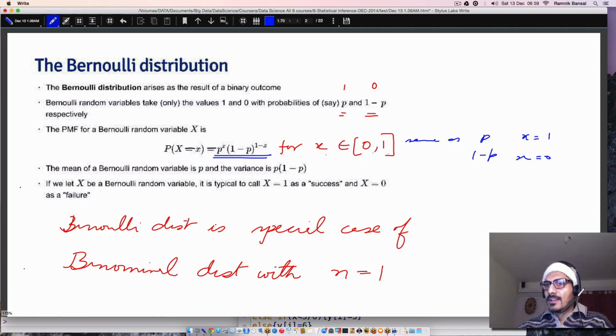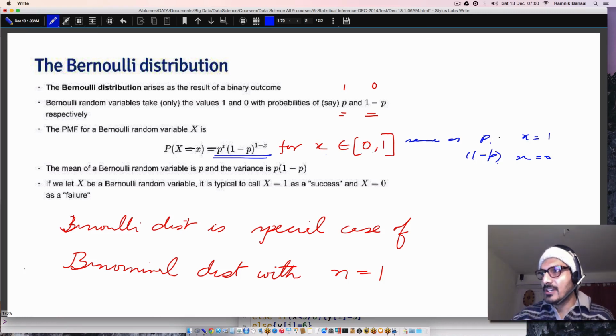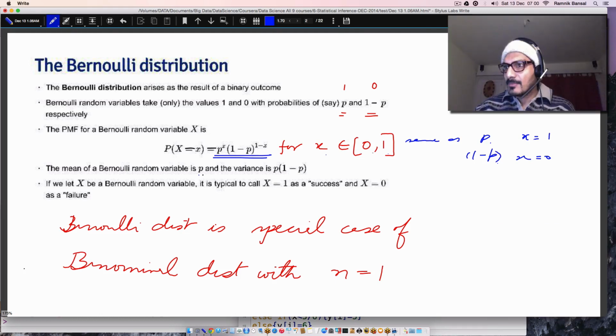All right. So now the mean of the Bernoulli random variable is p, right? So how will the mean be taken? We say p into 1 plus 1 minus p into 0. That gives us the mean as p. And the variance will be p into 1 minus p. We can just do the simple computation. So if the mean is p, do I need to solve how the variance becomes p into 1 minus p?